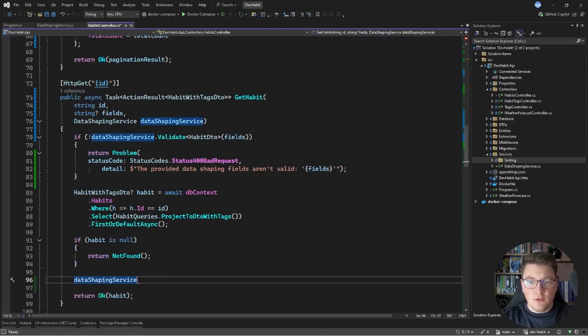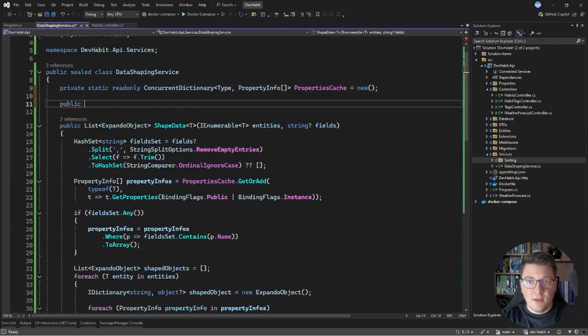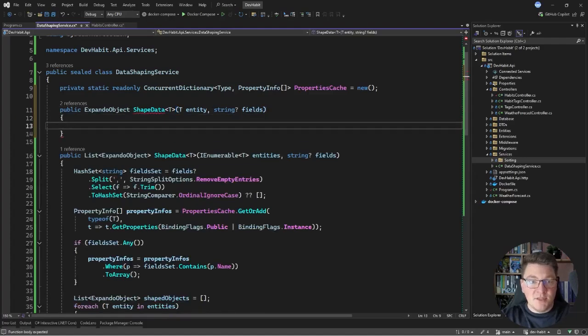If I try to call the method that I have on the data shaping service, you will see that it's working with a collection of entities. So we are actually missing a respective method to data shape one object. So let's go into our data shaping service and see how we can fix this. Let me first define a contract for this new method. It's going to return just one expandable object, and it can have the same name. Let's call it shapeData. Instead of working with an IEnumerable, it's just going to have one argument, which is going to be the entity that I want to data shape,